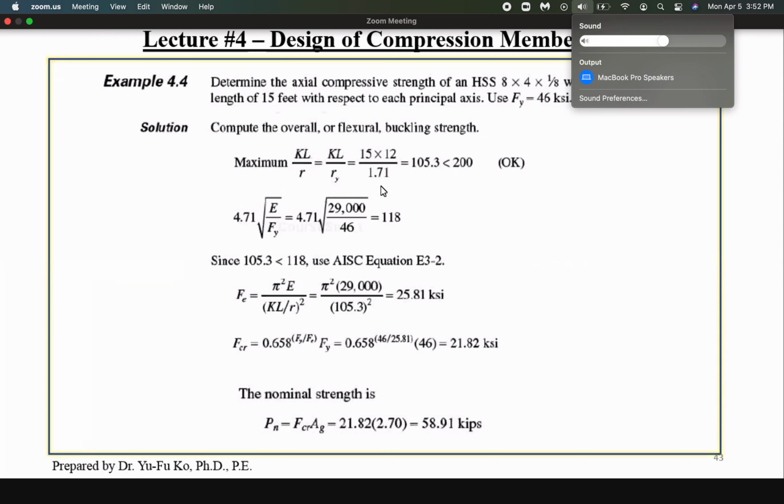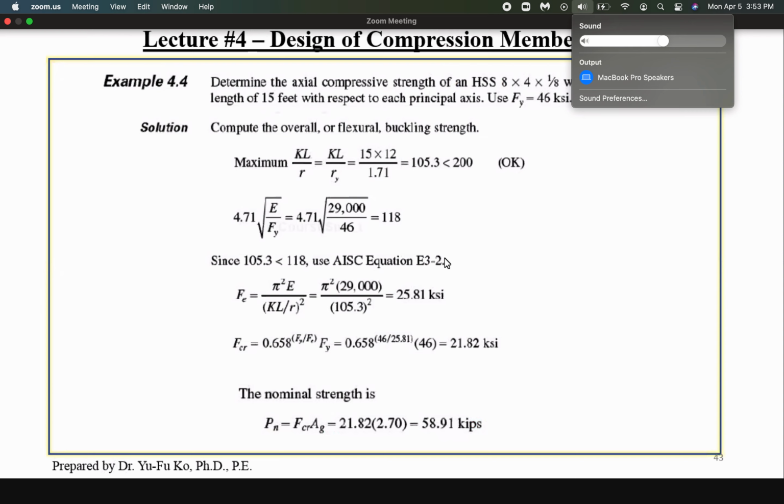And the separation slenderness ratio between elastic and inelastic global buckling is 4.71 square root of E over Fy, which is 118. So this is the separation point. Because the real slenderness ratio is less than 118, this is inelastic buckling. So you need to use the AISC equation